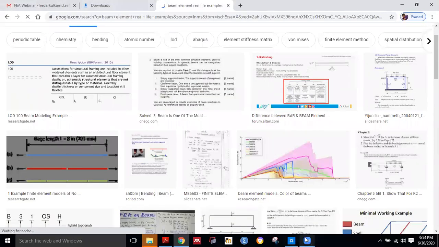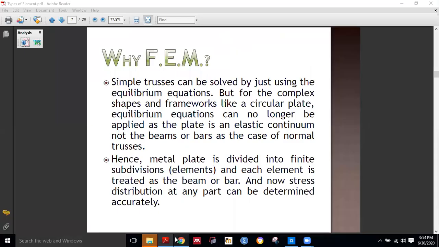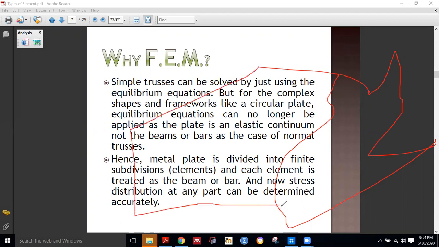but beams can have complex shapes. Suppose a beam has a very complicated shape and the structure is like this. No matter whether it is uniform or not uniform, this is the structure. On this, some parts are relied and some parts are kept on it. We need to analyze this structure below. This type of structure we can't analyze with simple calculation. We have to go for the FEM.